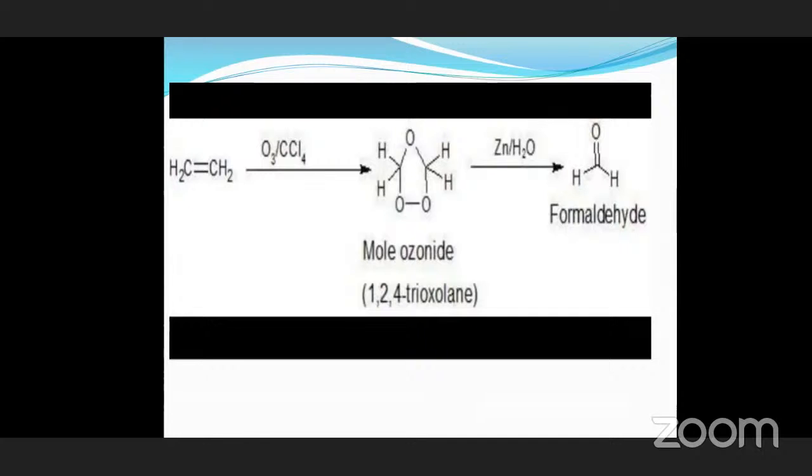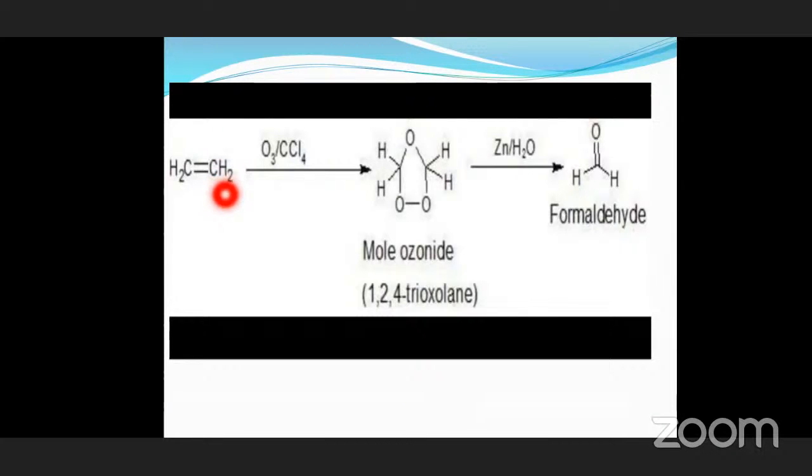Welcome to this session. Today we have to discuss the chemical properties of ozone. It is a very important topic which is asked at your IPE level. Apart from that, the first chemical property is when ethylene is